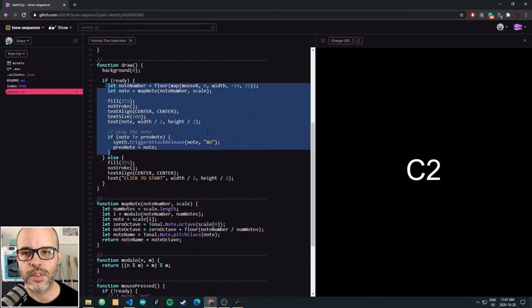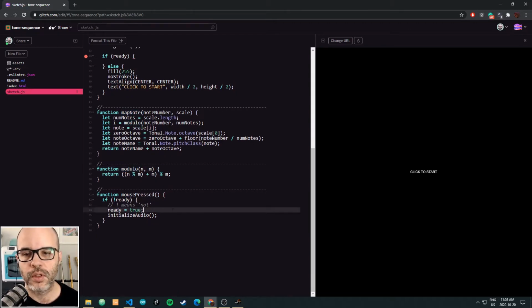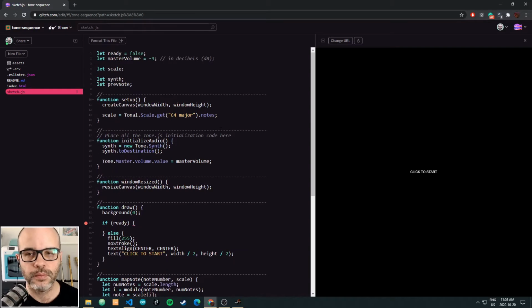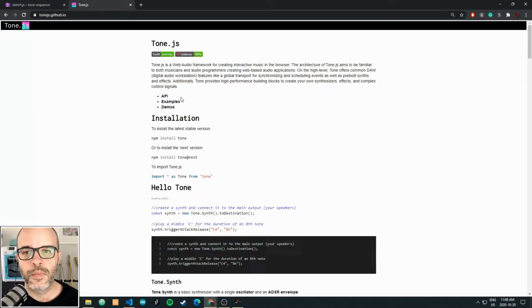We're going to get rid of this representation, but we are going to keep our map note function that we created and also our little modulo function as well. Okay, so let's talk about creating a sequence in Tone.js. There's a lot of different ways we can do it. We're going to bring up here real quick the Tone.js documentation. If we look through the API,